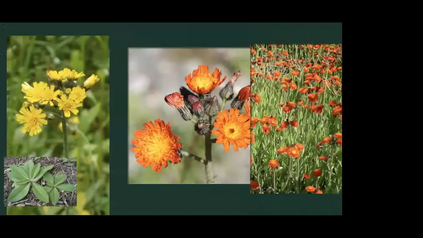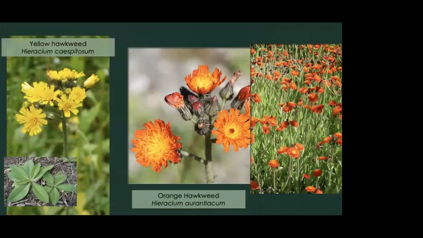These two are the same genus, but they're two different plants and two different priority levels here in the East Kootenay. So one is orange hawkweed and the other one is yellow. Yellow hawkweed is quite common around our region, and orange hawkweed is much less common. It's a pretty high priority plant for us, actually. There's about 28 different types of hawkweed found in North America, and about half of them are native. So good to double check